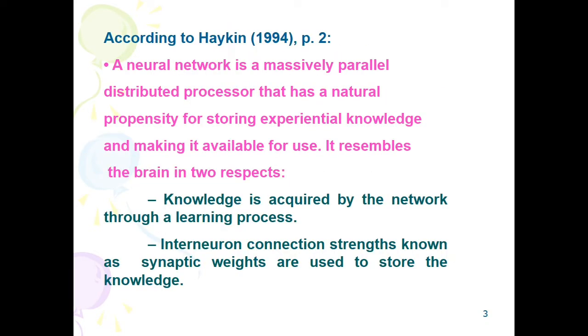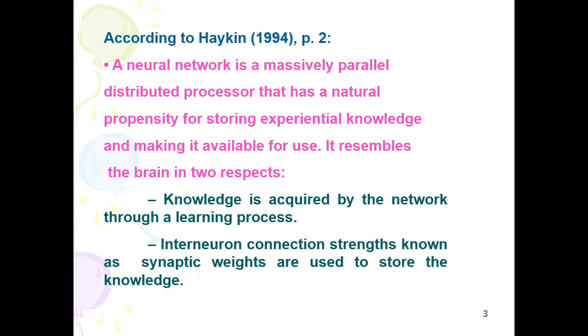According to Haykin, a neural network is a parallel distributed processor that has a natural propensity for storing experiential knowledge and making it available for use. It resembles the brain in two aspects. One is that knowledge is acquired by the network through a learning process, and the other is the interneuron